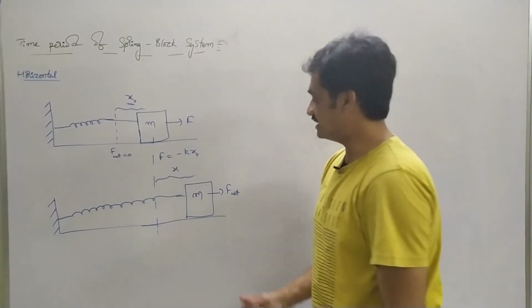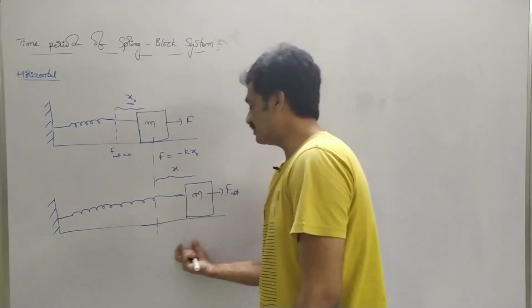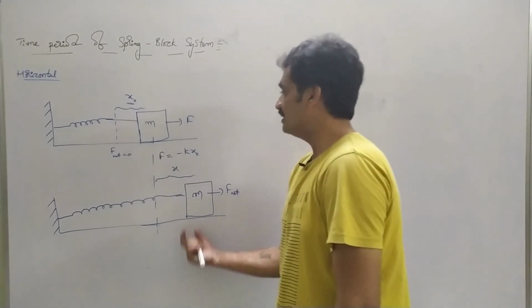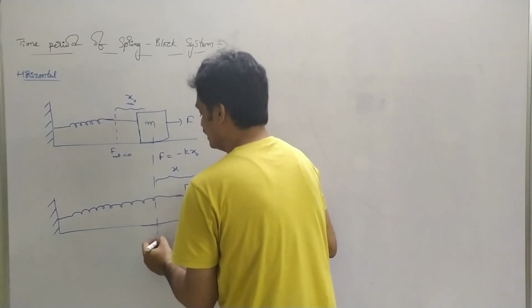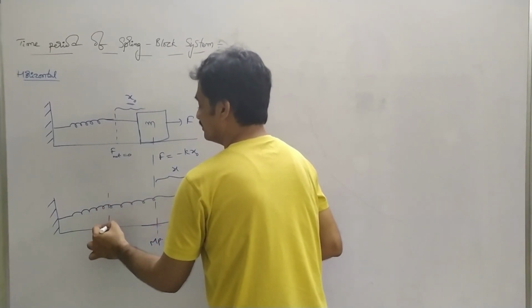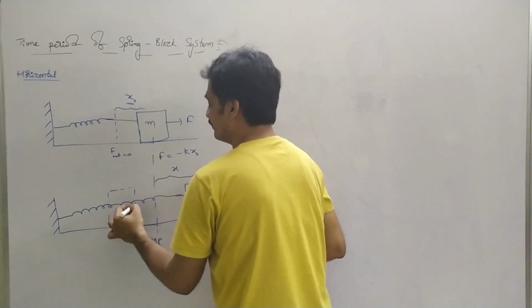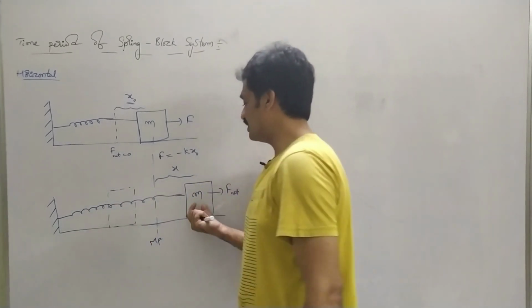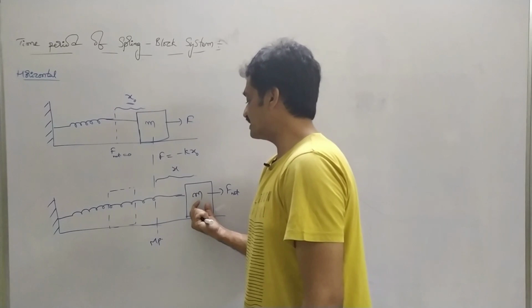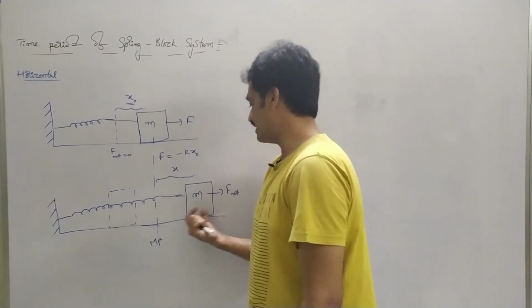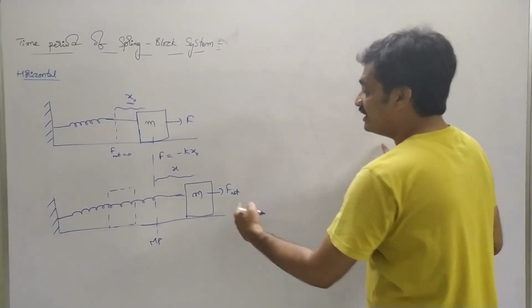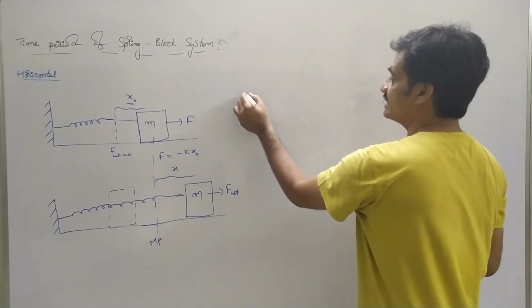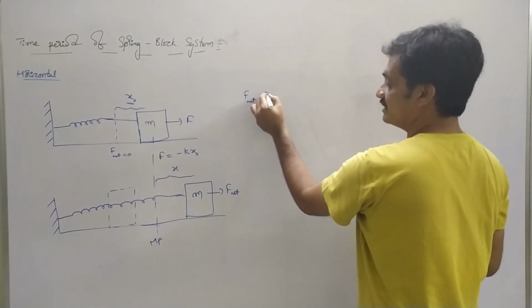Displacement is represented as x. Based on this displacement, the body starts oscillating about this main position. So here we can consider it as a main position. As we consider this a main position, the body starts oscillating to and fro, towards this end as well as towards this end, extreme position to extreme position based on the main position. Then the net force acting in this case is given as F net is equals to.